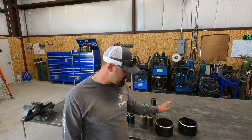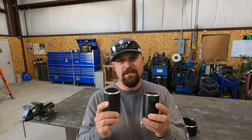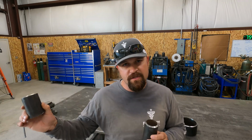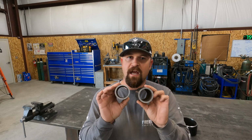Here we have some Schedule 40 6-inch coupons. Tonight, we're going to talk about fitting these. My goal is to run this test tonight. So the way we're going to run it, because of the specifications that it calls for on this job, I need to be certified to weld the 8-inch and the 12-inch pipe. There is also some small bore. If I can get certified in this size pipe on this test, a Schedule 80